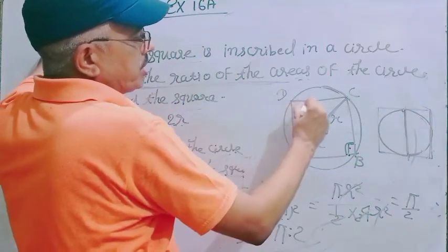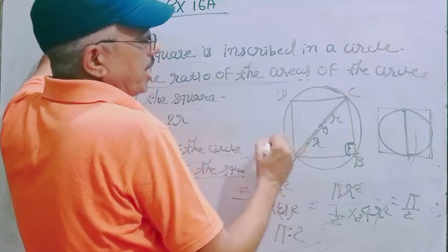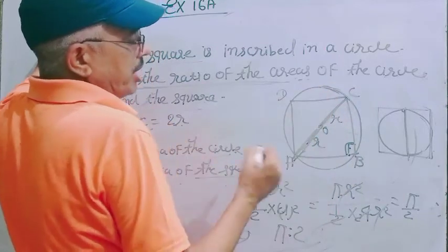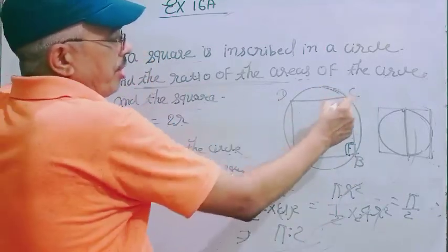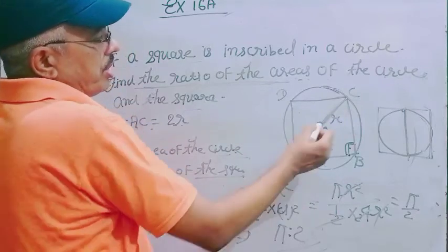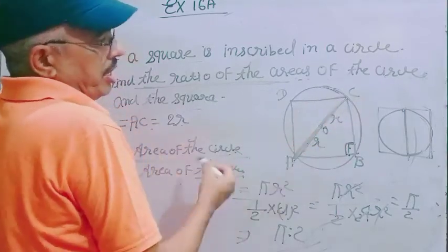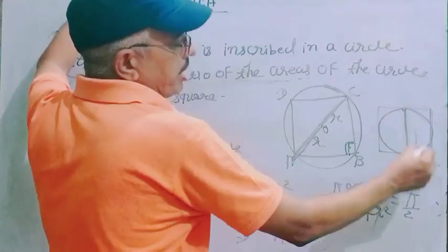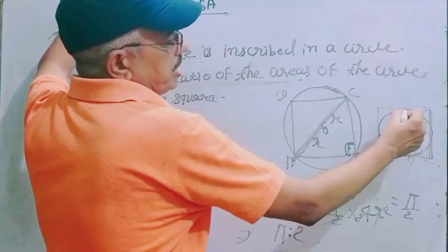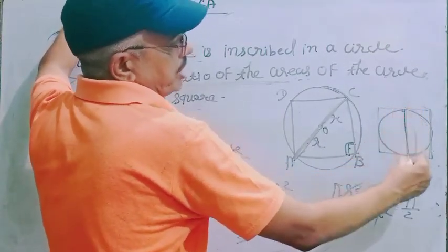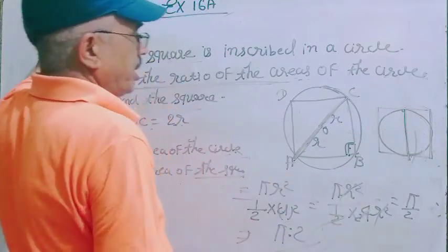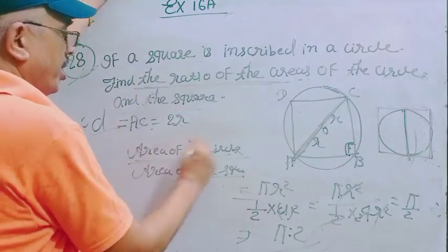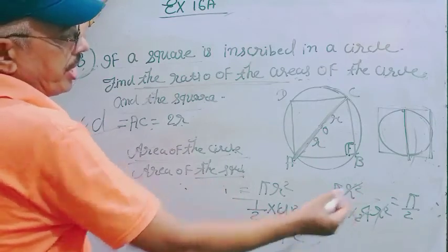But when the square is inside and the circle is outside, then the diagonal of the square is equal to the diameter of the circle. But when a square is outside and the circle is inside, then the side of the square is the diameter of the circle. In your question, find the area of the circle to the square, then you can write that it is equal to